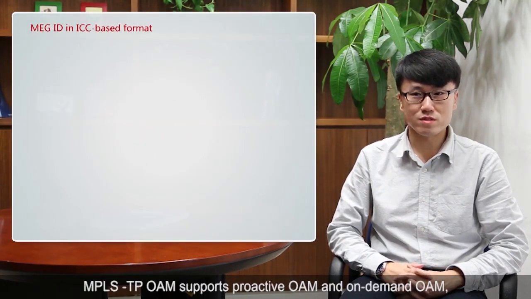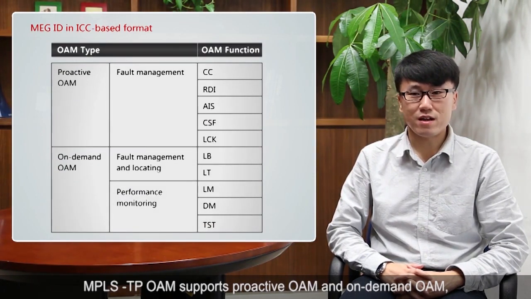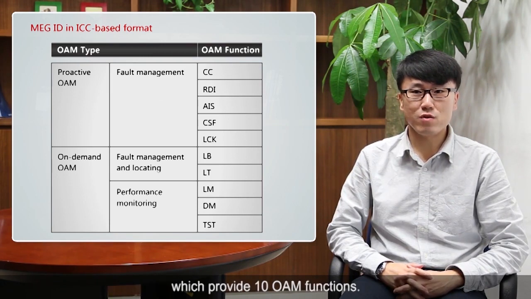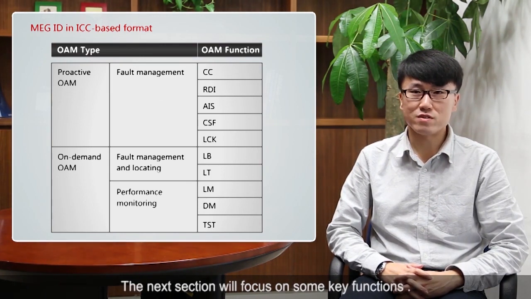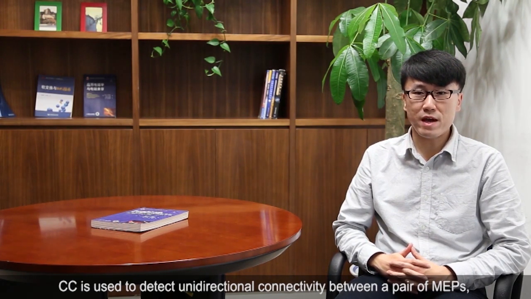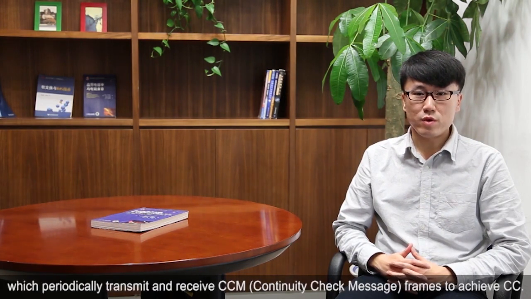Next, I'd like to introduce MPLS OAM. MPLS OAM supports proactive OAM and on-demand OAM, which provide 10 OAM functions. The next section will focus on some key functions. First, CC and RDI. CC is used to detect unidirectional connectivity between a pair of MEPs, which periodically transmit and